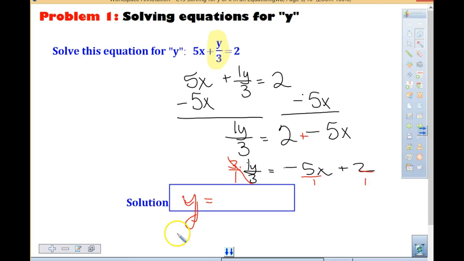That leaves me with y. And now I'm going to take the next one, -5x. And you see why I'm not using the x for multiplying, I'm using parentheses? Because I have an x in my problem here. And we're going to take 3 times -5, which leaves me with